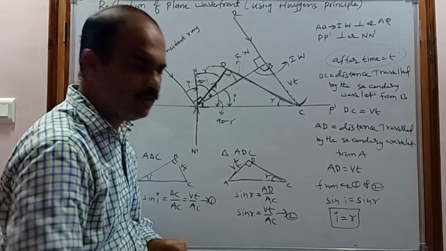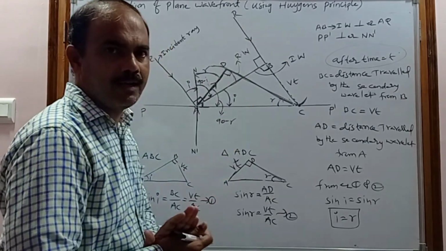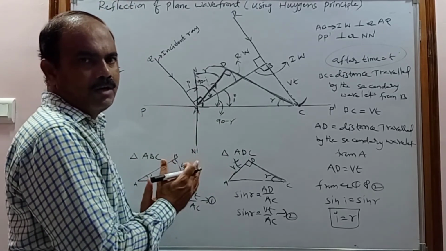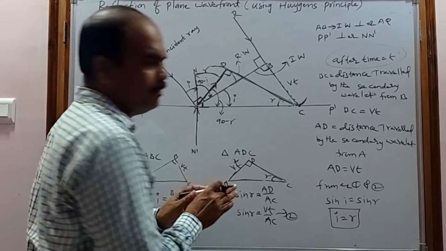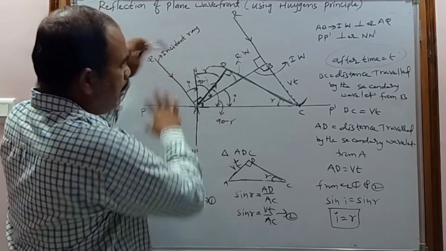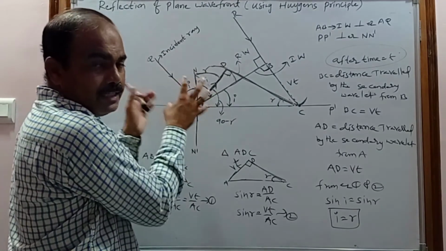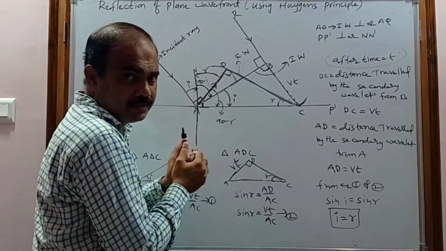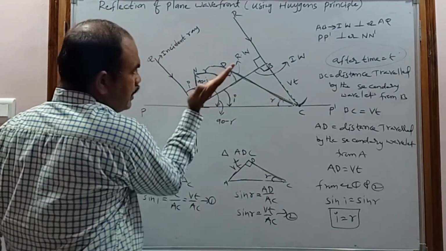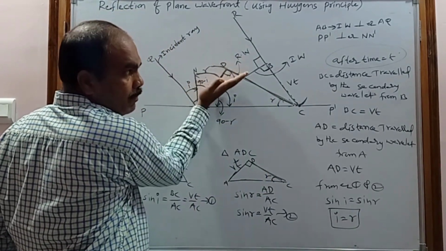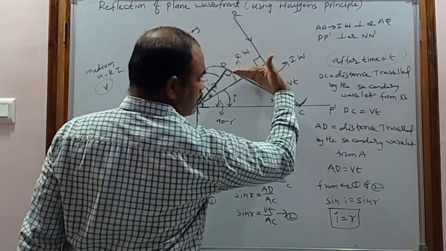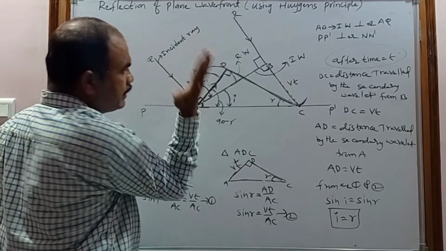And now coming to the second law, it also obeys the second law. What is the second law? Incident ray, reflected ray, and normal drawn to the surface all lie in the same plane. Now consider this is an incident ray, this is a reflected ray, and this is a normal, all lying in the same plane. But this is according to ray optics if we take the rays. But in case of the wavefront, this is the incident wavefront, normal to the board plane, and this is the reflected wavefront, normal to the board plane, and this is a surface.